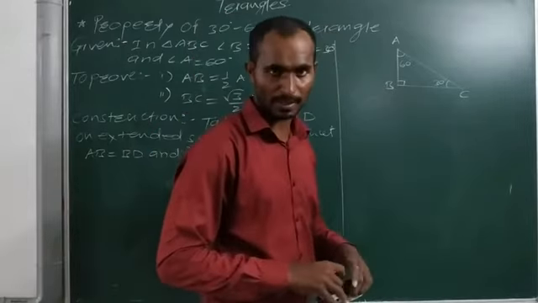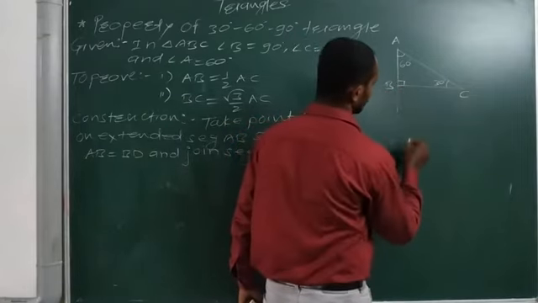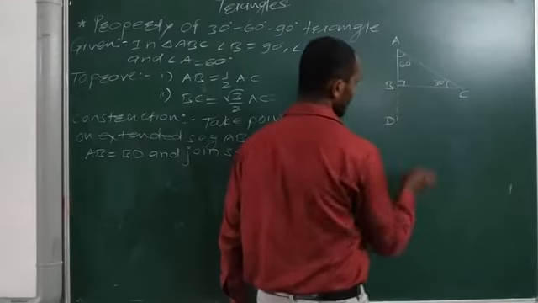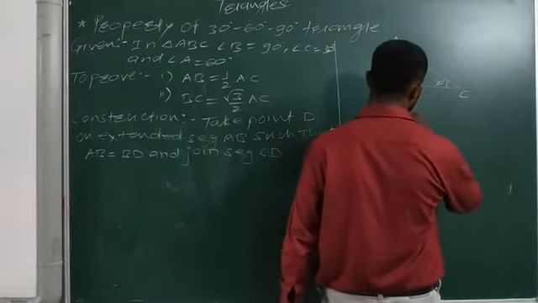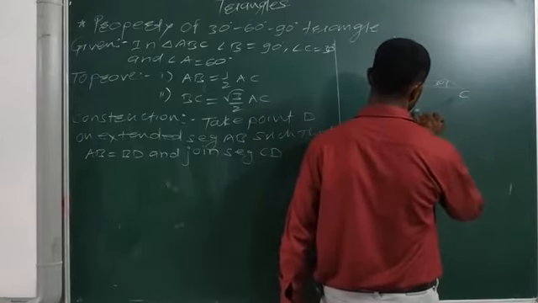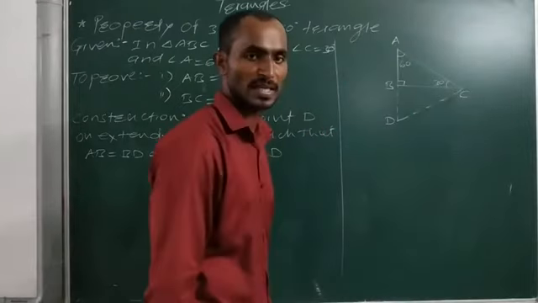यहां पे आपको AB को एक्सटेंड करना है, उसमें एक पॉइंट D लेना है और उसको C के साथ भी ज्वाइन करना है। तो फॉर एग्जांपल यहां पे हम इसको एक्सटेंड करते हैं। Let this is the extended segment AB, point D is here, and now join segment CD. So this is the joining of segment CD.